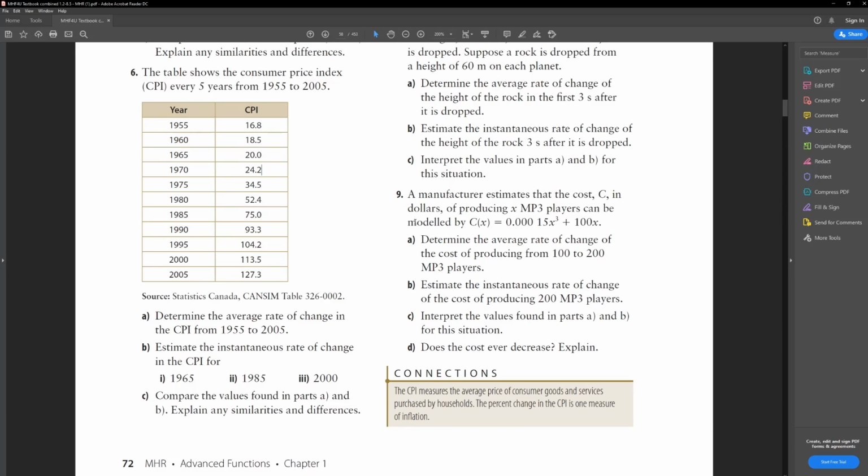Lastly, or not lastly, but C: compare the values found in Part A and Part B. Explain any similarities or differences. Well, so for here we got